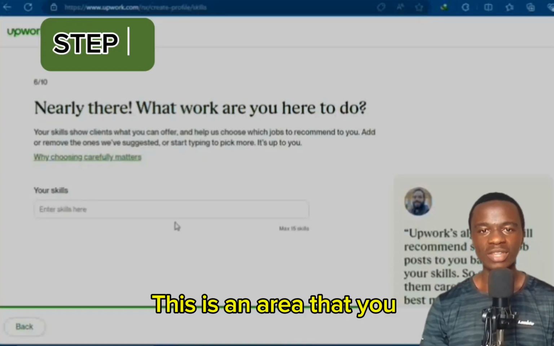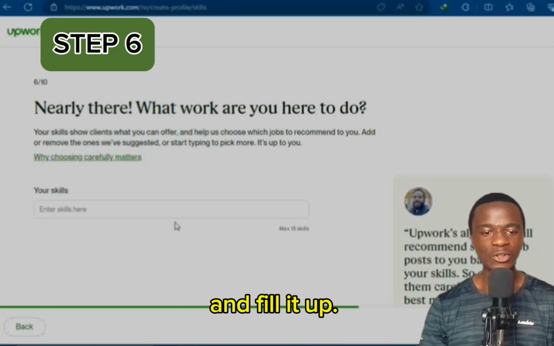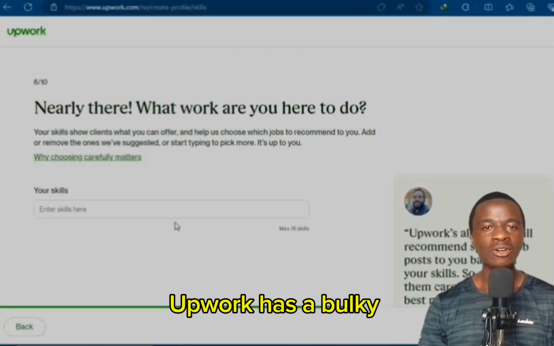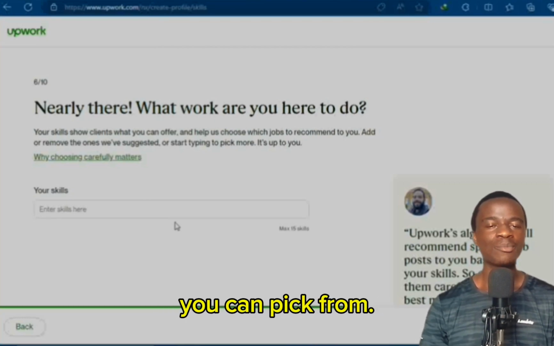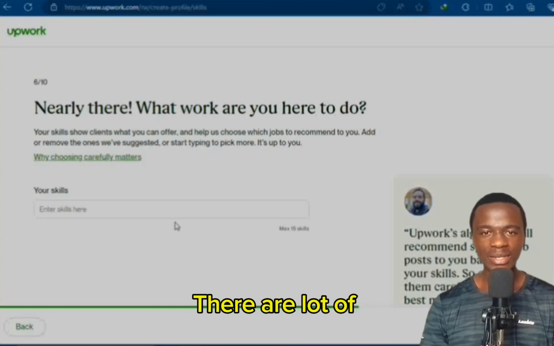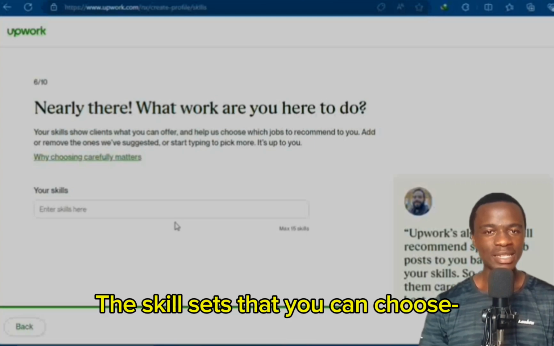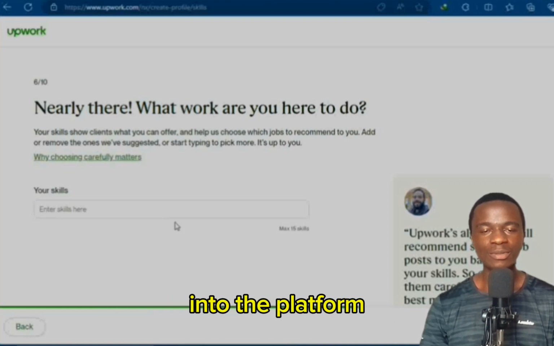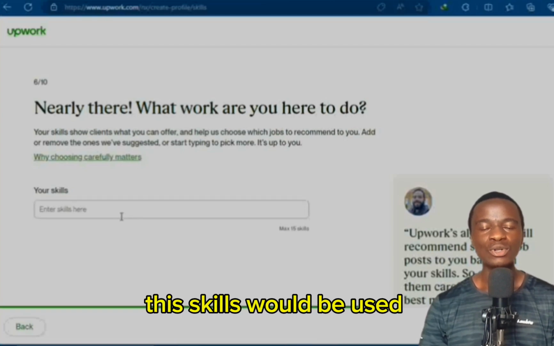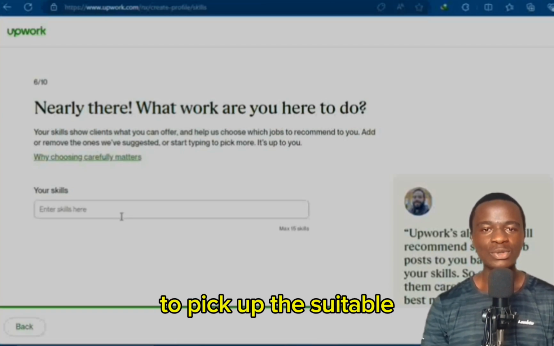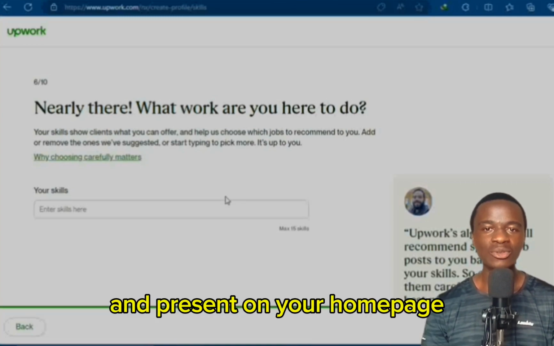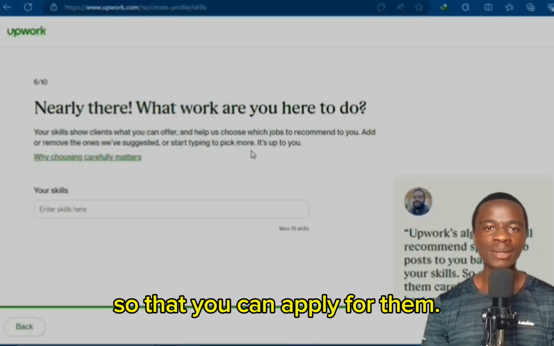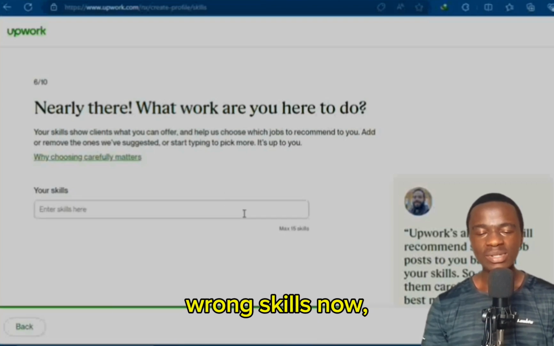This is an area that you need to take your time and fill up. Upwork has a bulky algorithm of skills that you can pick from. There are lots of skills on the platform, the skill sets that you can choose. The skill set here is very important because once you sign into the platform, these skills would be used by the algorithm to pick up the suitable jobs for you and present on your homepage so that you can apply for them. If you pick up the wrong skills now,